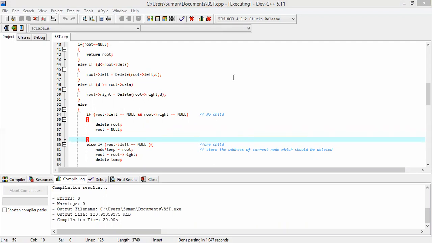If we press n, we will not be able to insert a number, but I want to insert, so I press Y, and it shows please enter the number. Then I enter 89.